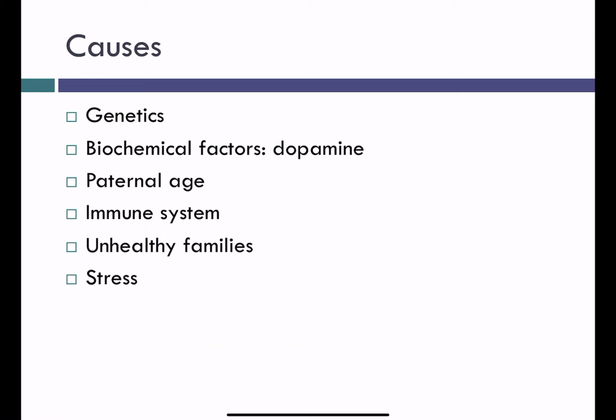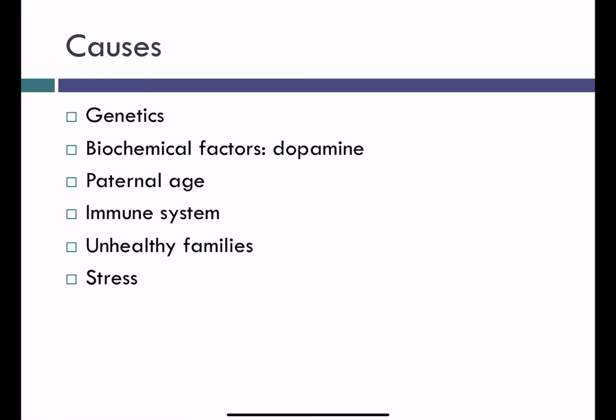Paternal age. Often we see new cases of schizophrenia with no family history are much more likely when the father is older. And so the thought is that there's some kind of random genetic mutation that increases the likelihood of this. There's also a theory about the immune system, and the idea is that exposure to some kind of viral infection prenatally or in infancy could potentially spread to the brain and spinal cord and kind of alter antibodies in the blood cells that actually influence these individuals much later in life.